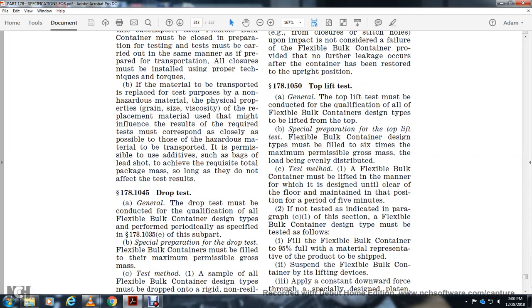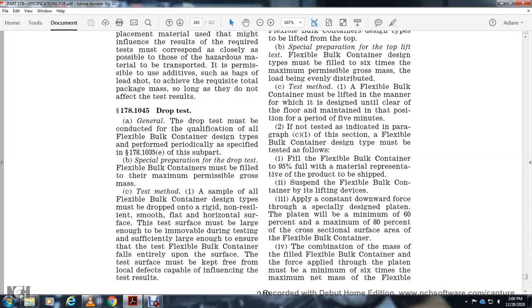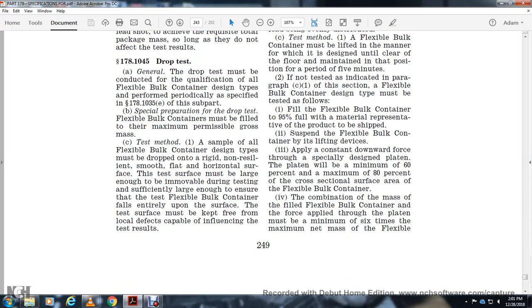178.1045 The drop test must be conducted with the qualification flexible design type of the periodically specified 1035, the subpart with special preparation of the drop test. Flexible container filled with maximum permissible growth. Says method: sample of all the flexible bulk container design type of the drop of the rigid, non-resilient, smooth, flat, horizontal surface of the must be large and immovable during type of the sufficient large enough to ensure the